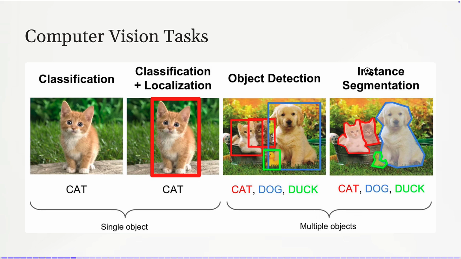Okay, and this is even more challenging. And this instance segmentation, this is what we use in self-driving cars, because in self-driving cars I need to know, I make a complete segmentation of the environment. This part corresponds to trees, this part is pedestrians, this part is a car, and I need to know what is the drivable surface. So segmentation is basically what is used in self-driving cars when we have multiple objects.